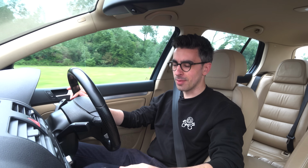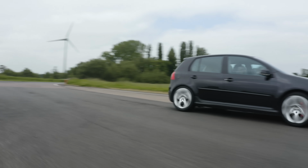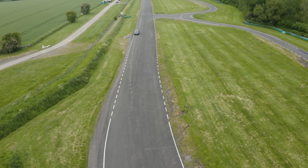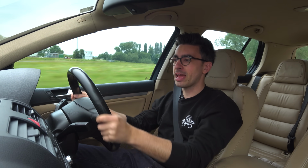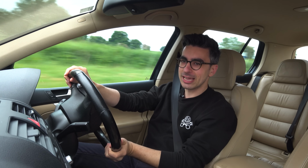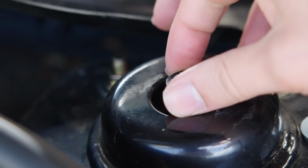I'm back again at Curborough in the newly improved PH Project Car Golf GTI. Now, I've driven hundreds of cars, including plenty of track toys, but I've never driven anything as firm as this thing when I drove it away from Pip's. Yes, it's completely eliminated body roll, and I've now got a much flatter platform to play with, but my goodness, the smallest crease in the road would send every molecule of fat in my body jiggling about, which is as unpleasant as it sounds. However, Pip introduced me to these keys that can be used to adjust the front dampers,